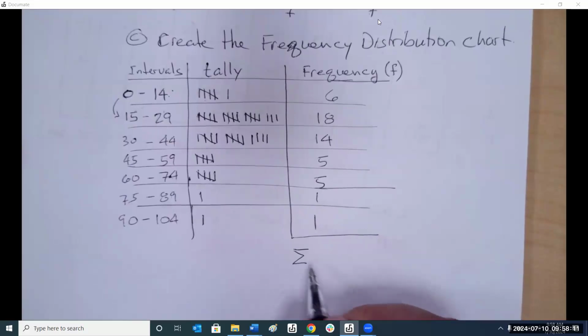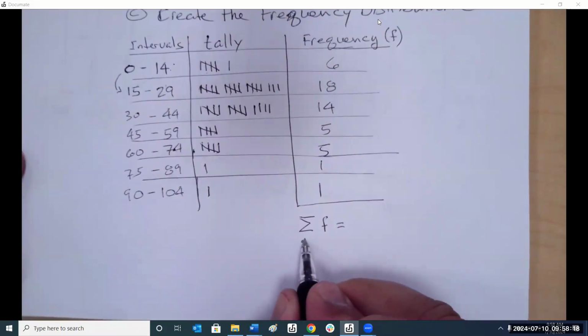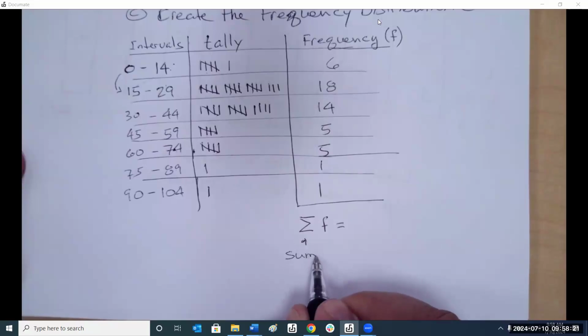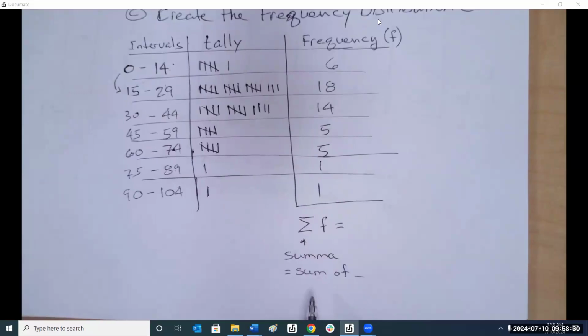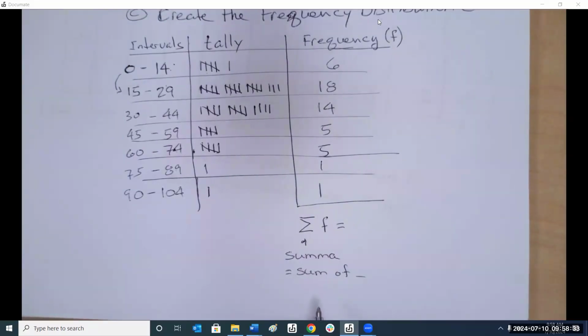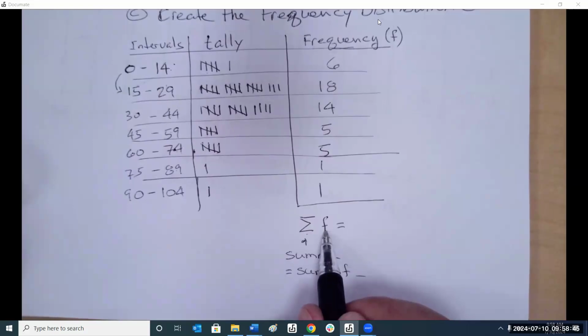This symbol here is called the summa. The sum of. What does sum mean? Sum means the total after you add them all. So this means the summation of F is equal to,